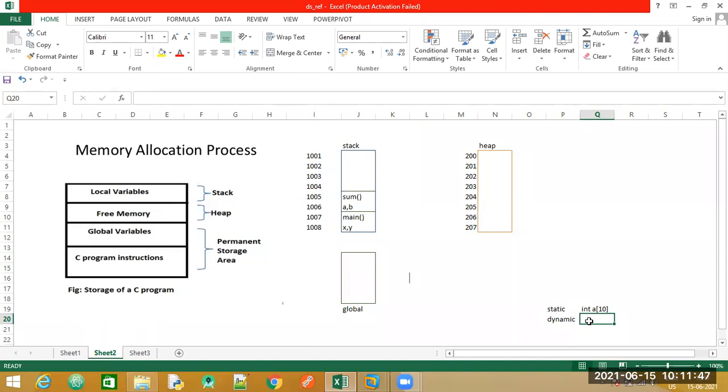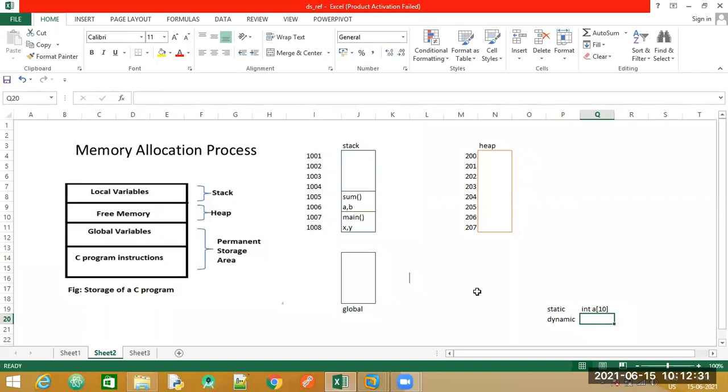Let us understand this in depth now. This is just the definition. First, what you need to understand is that we are talking about memory allocation methods. In memory allocation methods, we have two types. First is static memory allocation, and the second is dynamic memory allocation. Static means something which is fixed. When we declare this statement, we are telling the computer we need this much block of memory. But with dynamic, we have the flexibility to either increase or decrease the memory size that we need for our program.